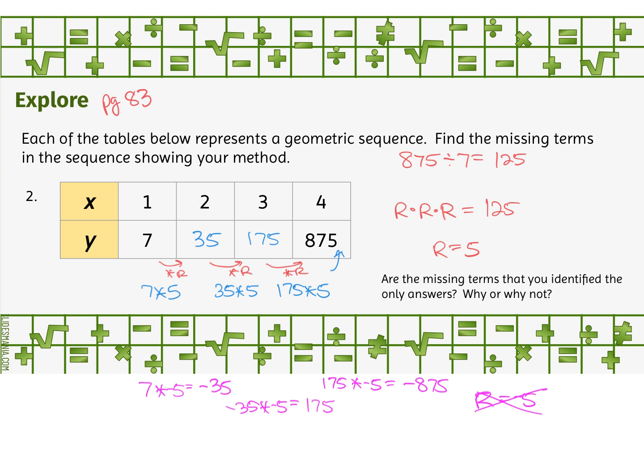No, it does not, because I want a positive 875, but it makes a negative 875. So the common ratio this time is only r equals 5. So hopefully you can see a pattern going on. And let's go ahead and figure out